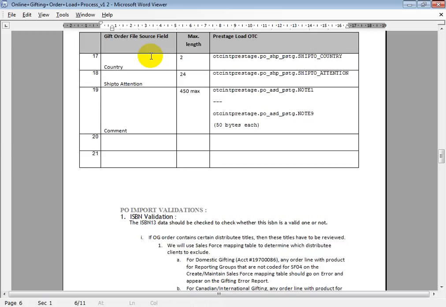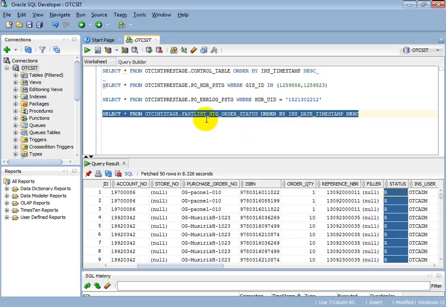Once the orders have successfully come into the OTC, you need to run the order status job, which is nothing but the confirmation. After running that job, you will be able to find the details in the stage order status table with status R. After this, you need to run one outbound business process. The details of that business process I'll send you when I'm back.